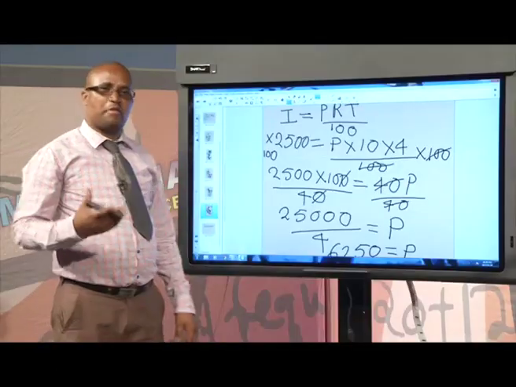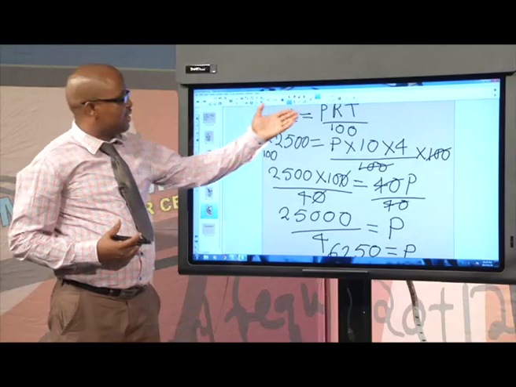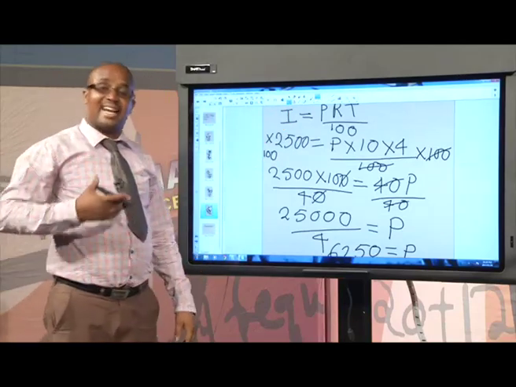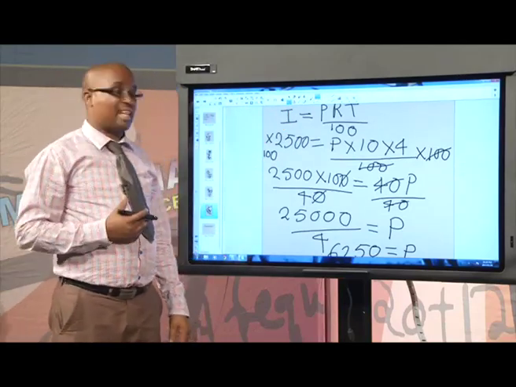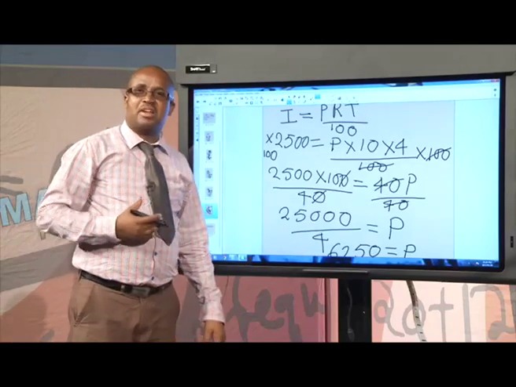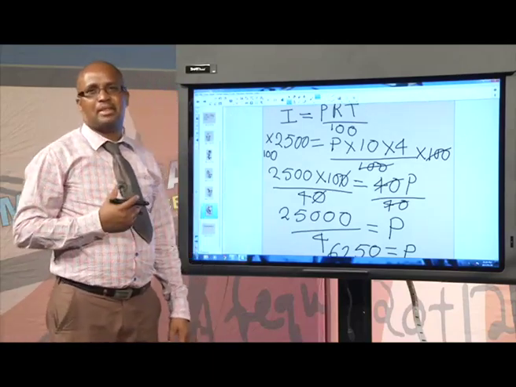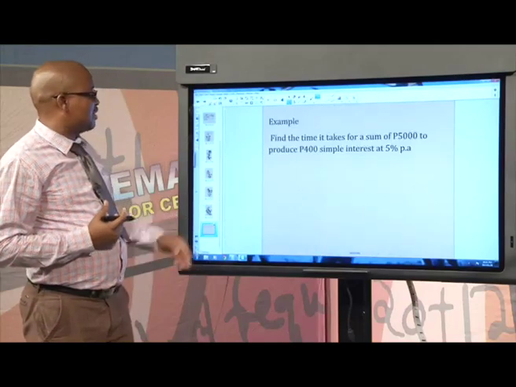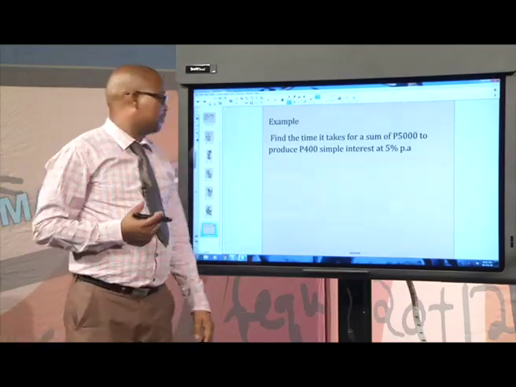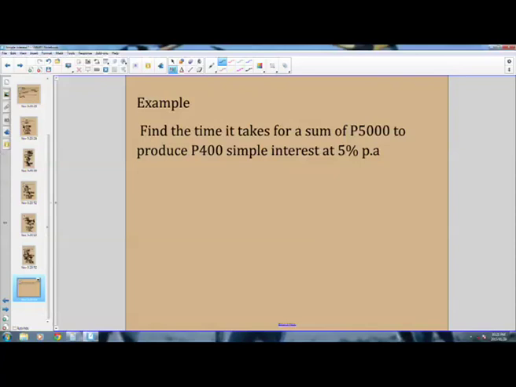You still want me to go further and solve for either of these parameters. Your question is, can I solve for the time? Of course, like I said when I was solving for the principal, we can also solve for time. Let us have a look at this example and then solve for time. Find the time it takes for a sum of 5,000 pula to produce 400 pula simple interest at 5% per annum. Let us remember that the formula for the simple interest I is given as